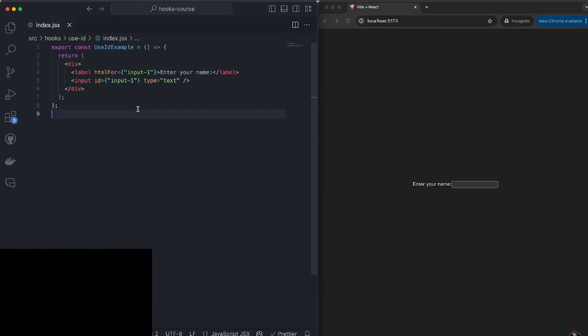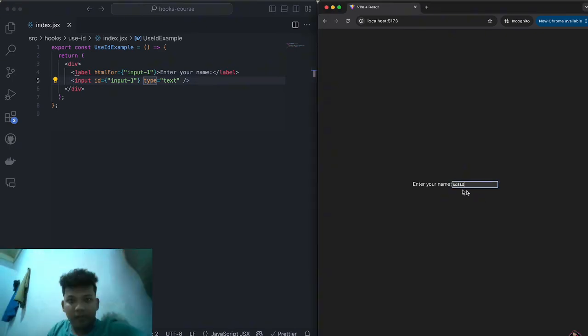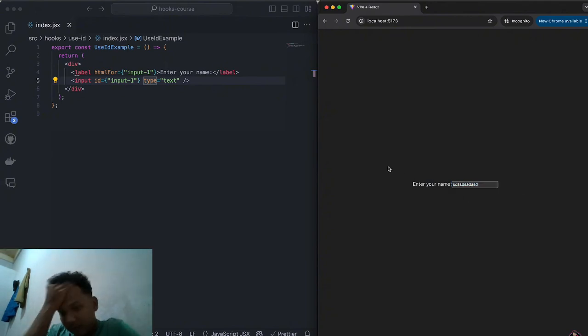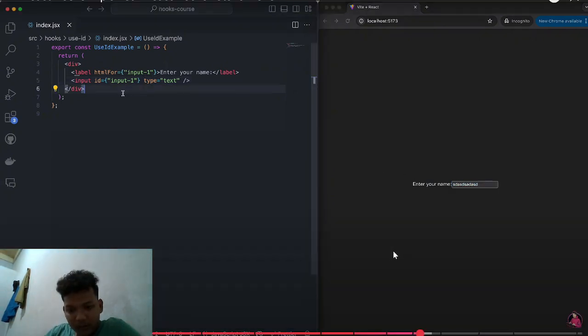If you're familiar with accessibility, you want to have your app be very accessible to everyone. So you create an ID for an input and you link a label to that input. And this is very common by doing something like this, where you set an ID to an input and then you set an htmlFor to a label that links to this input. In this case over here, we have a name label and the specific input that would take the value for the name, right? Now, what does the useId hook